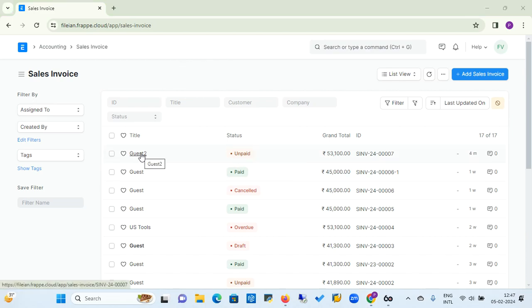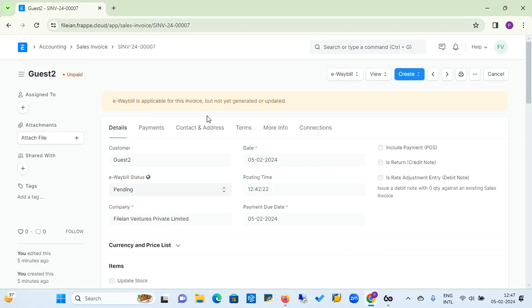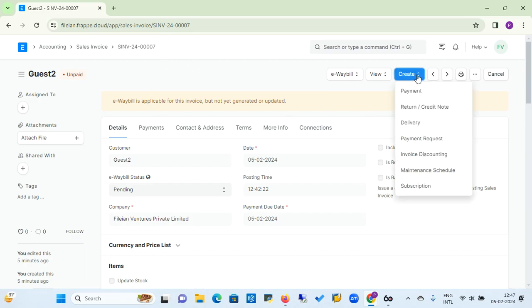So again, go to your customer invoice, which is currently in unpaid status. Just click on the customer title name, and here you will land on an invoice detail screen. Go to the create drop down button, and now you will find there is an option for the payment,